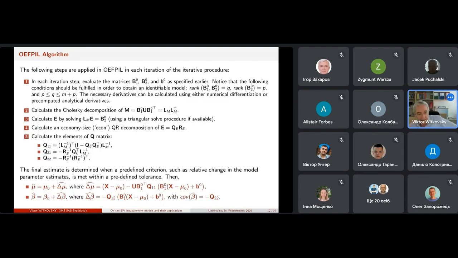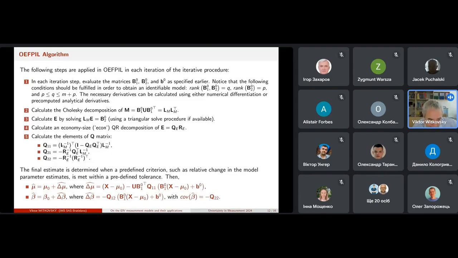So now, this is just to illustrate that the calculation in each iterative step is not so complicated. It depends on some technical details. We should linearize the model. We should calculate the matrices B1, B2, and b0 evaluated at the initial values. Then we should calculate the Cholesky decomposition of this matrix, which is related to the uncertainty matrix. We should solve a linear matrix equation using a triangular solve procedure if it is available. Then we should calculate the QR decomposition of this matrix E, which is the solution of the previous equation. And finally, we should evaluate